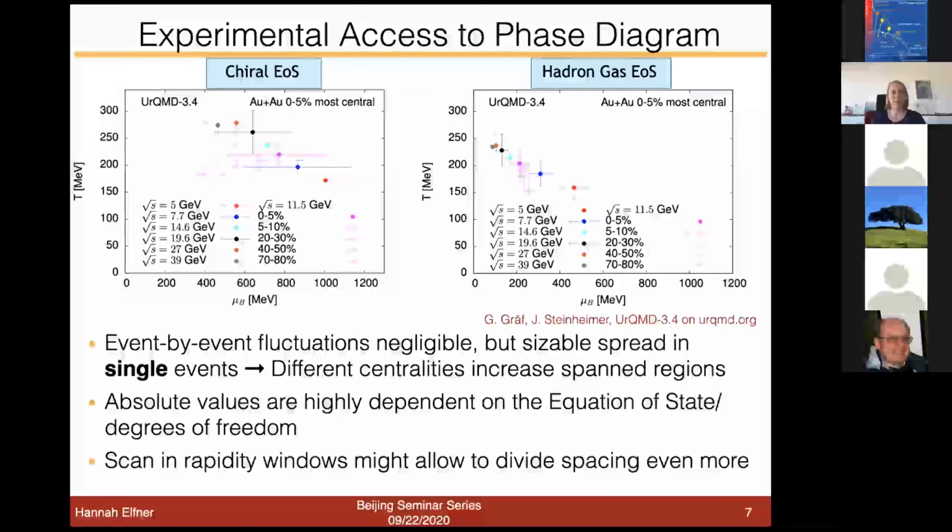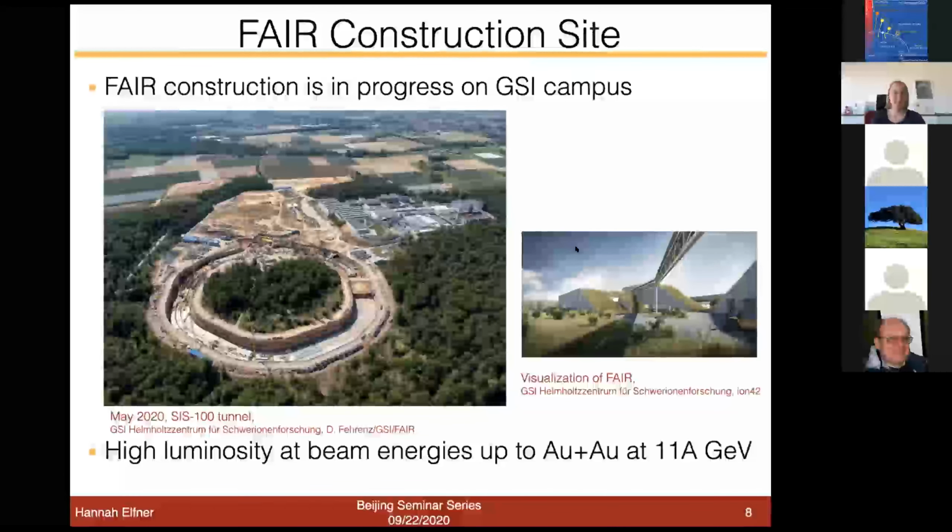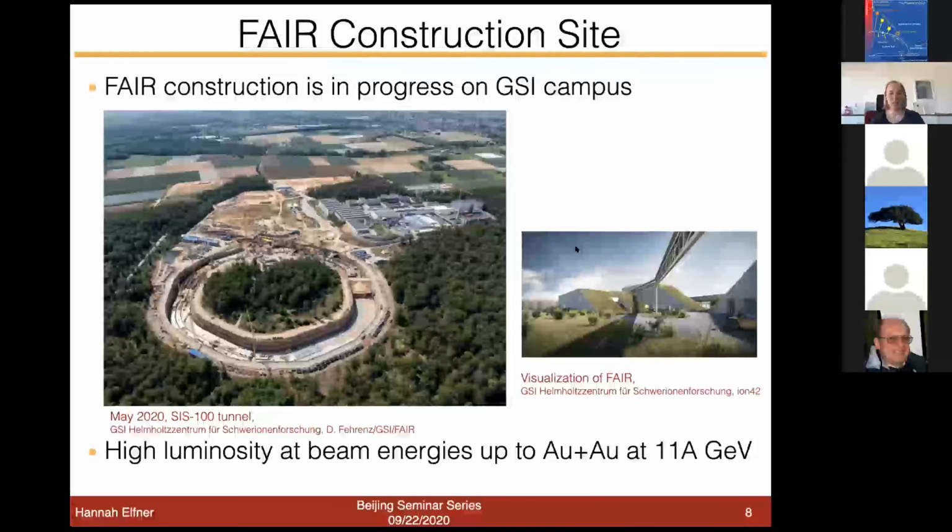So then I have my advertisement slide, where hopefully many of you are still awake. This is the current picture of the FAIR construction site next to the GSI campus in Darmstadt. Here you see the current GSI facility, and you see the big construction site where the major part, this north area, was started roughly 2 or 3 years ago, when they started the digging of the tunnel. And now they are almost completed with the tunnel and almost already filling it up again.